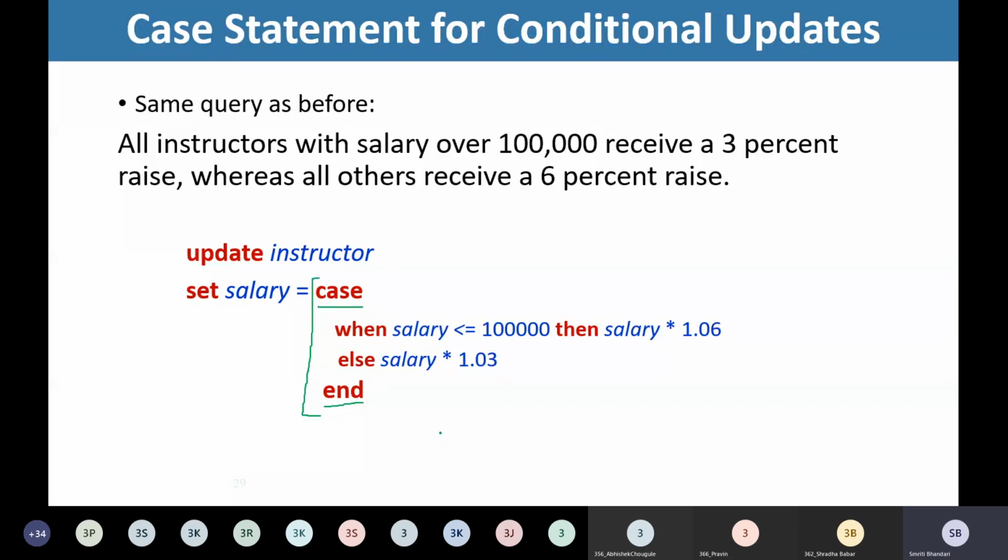So I appeal to all of you to create the database using DDL statements and then use these DML statements, insert, delete and update, to insert a significant amount of data in your database, so that whenever we go for the select statement, you will be able to retrieve the information stored in your tables.